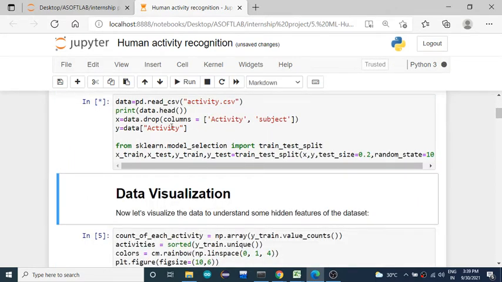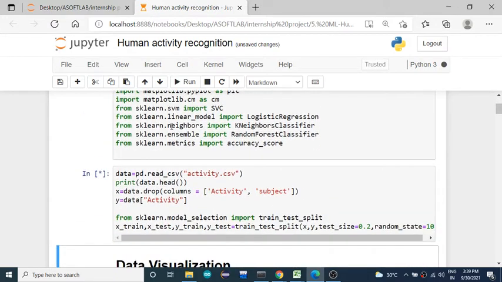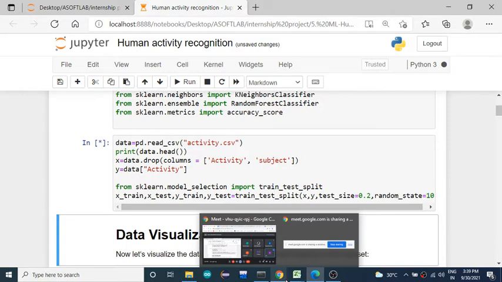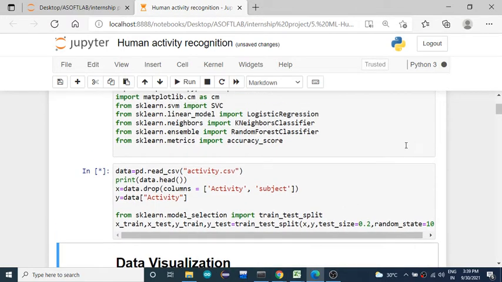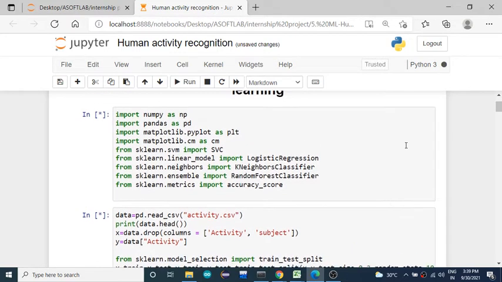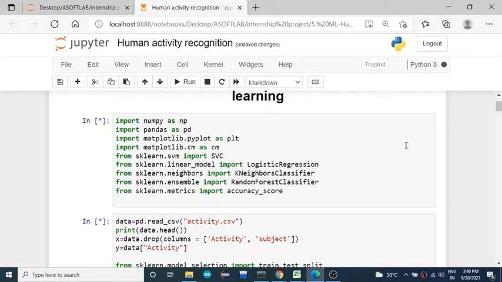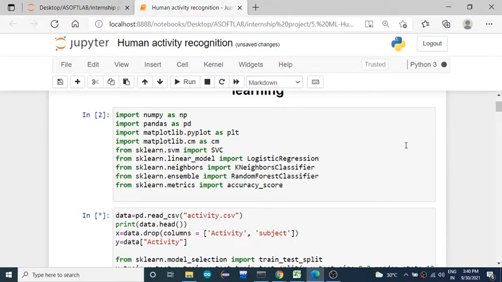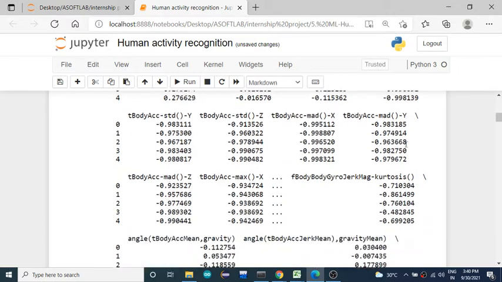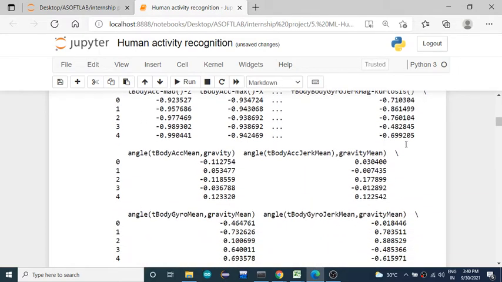Just a second, it's running. Okay, these are the features I have.